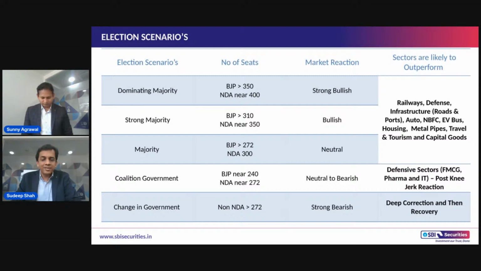But in all these events जहां पे current government is there in power with a decent majority, तो आपके जो अभी के करंट थीम्स चल रहे हैं मार्केट में, जो पुश गवर्नमेंट ने दिया है, रेलवेज, डिफेंस, इंफ्रा, ऑटो, आपकी ईवी पॉलिसीज, हाउसिंग, ट्रैवल, यहाँ पे आपको एक बहुत ही बढ़िया मोमेंटम दिख सकता है। बस खाली इश्यू कहाँ पे आएगा, अगर ये कोएलिशन गवर्नमेंट है या चेंज इन गवर्नमेंट है, तो वो मार्केट के लिए थोड़ा सा, coalition government could be a bit neutral to bearish, but change in government could be strongly bearish।